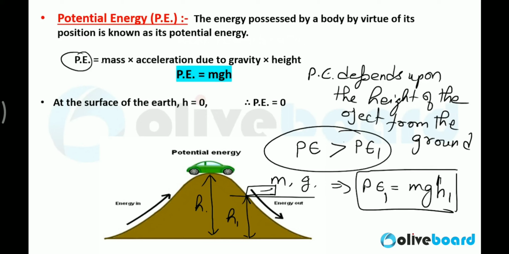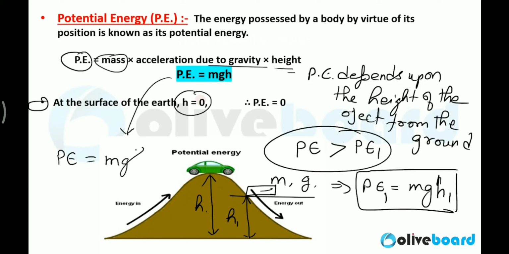Now potential energy is mass times acceleration due to gravity times height. At the surface of the earth, height is 0. From this formula you can relate that at the surface of the earth height is 0, so potential energy will also be equal to 0. Clear? So always we consider the earth's surface as the base, and